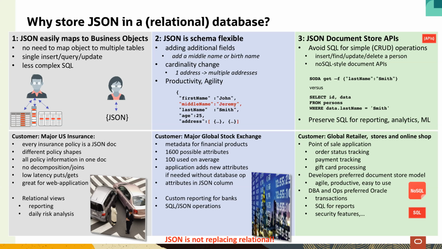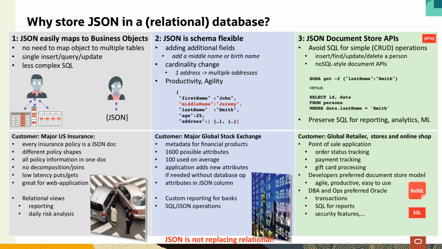And well, the initial problem was how do we get around the 1,000 column limit, and with JSON that was possible. But the other benefit they realized is that the application is now in full control. So if the application decides we need to add another attribute, like a new price finding algorithm or something like this, they can just inject that into the new JSON documents that are being generated, and no database change is needed. Again, here, there is a very strong reporting requirement in this use case. So we're going to see how we solve that.